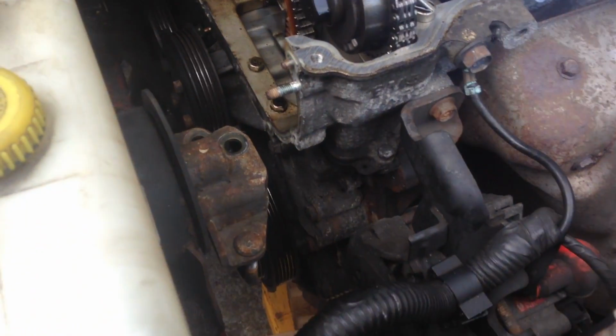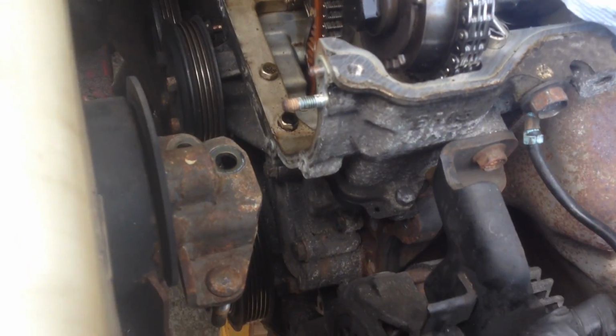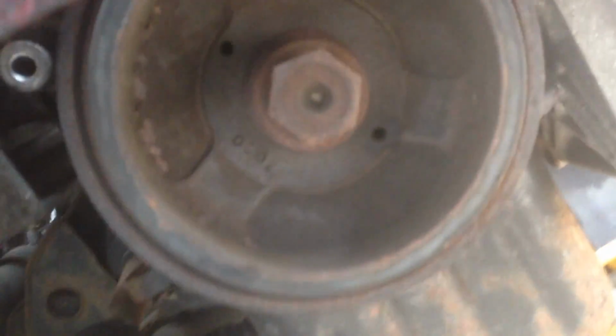A bit of progress since I last filmed anything. The engine mounts off. It was a bit fiddly to get off. Some of the bolts were a bit tight and I was worried about snapping them, but that's out of the way, so I can get down there. And then the crank pulley, I loosened off the bolt this morning, so that can come off soonish. And then I can start working on taking all the bolts around the outside off,